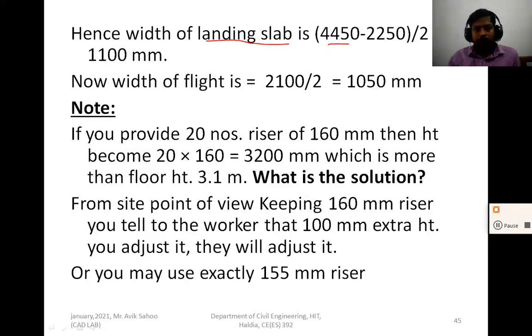The width of landing is 1100 mm. Now the width of flight: the width of stair room is 2.1 meter, and we provide two equal flight widths, so 2.1 meter divided by 2 gives 1050 mm.